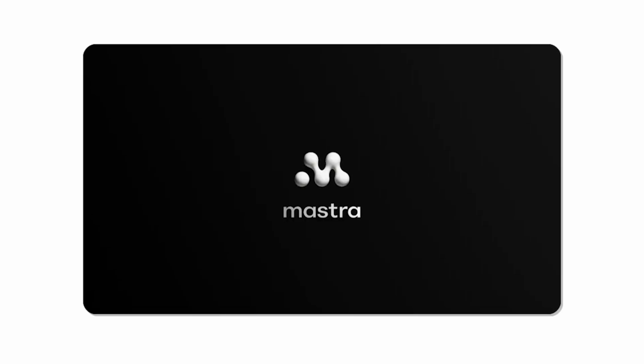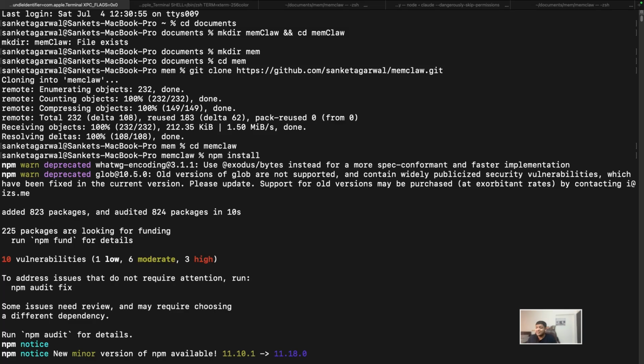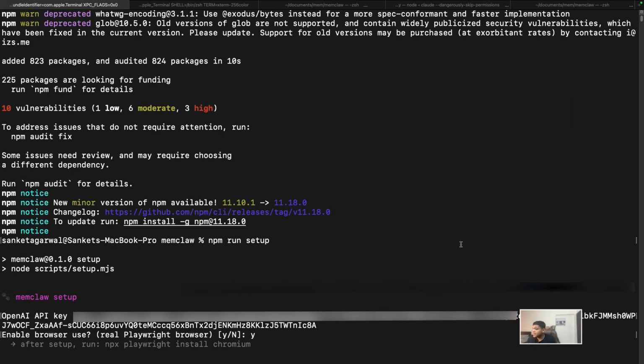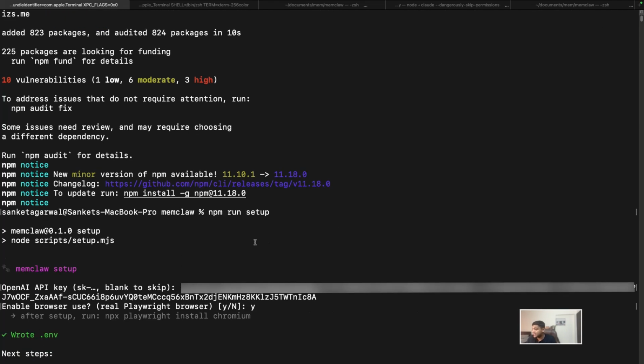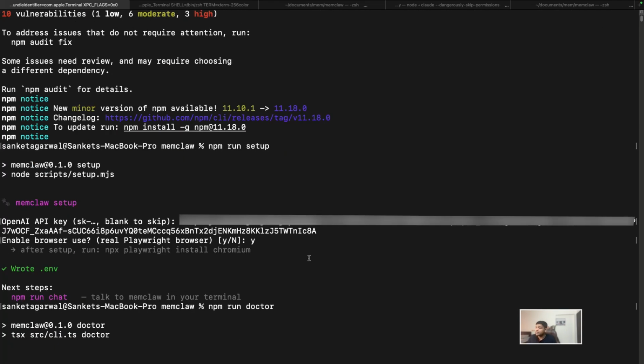The framework does all the heavy lifting, giving the agents memory, observability, tools, teams, browser, tracing, all of it. And memclaw just assembles it into a runnable assistant that you can extend. Once we run npm install, the next thing we have to do is to run npm run setup. Once that's done, it's going to ask you for your API key and you can just put in your API